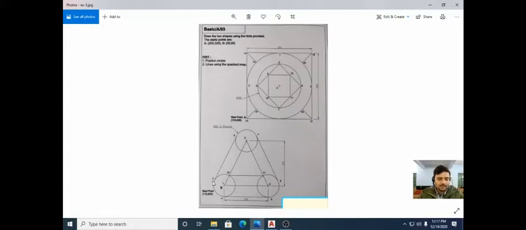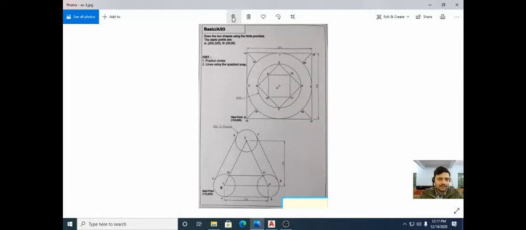We'll learn about the tangent part over here, and we'll learn about this perpendicular part also. We'll learn about the quadrant part also. So basically these two drawings are very easy to be made by you. And let's start the AutoCAD part.